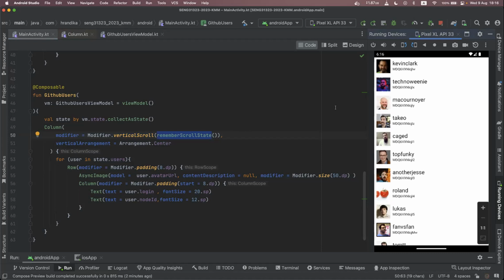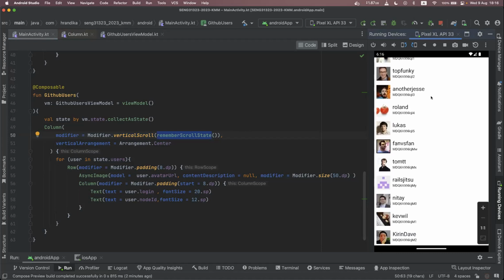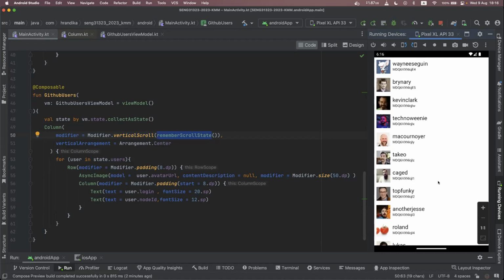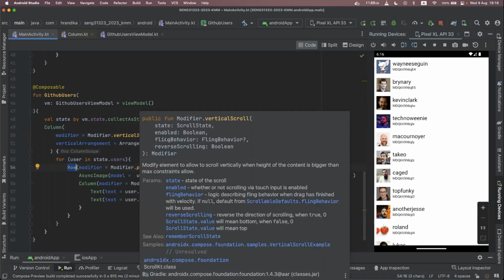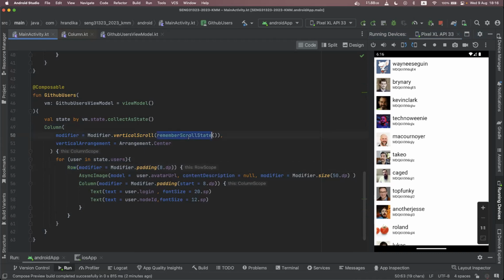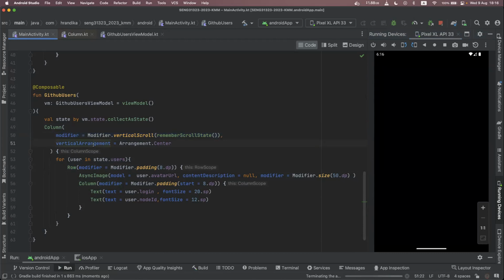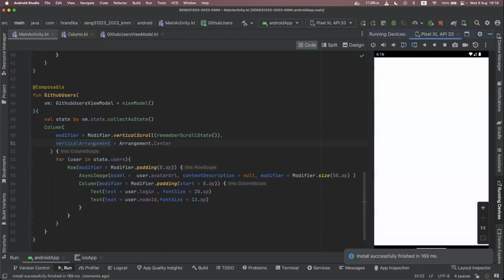Even though the application got re-rendered, either this column or whatever states have changed, anything redrawn again, just remember where we were. Okay, we have added that modifier. This one is not that important. It's related to the alignment of